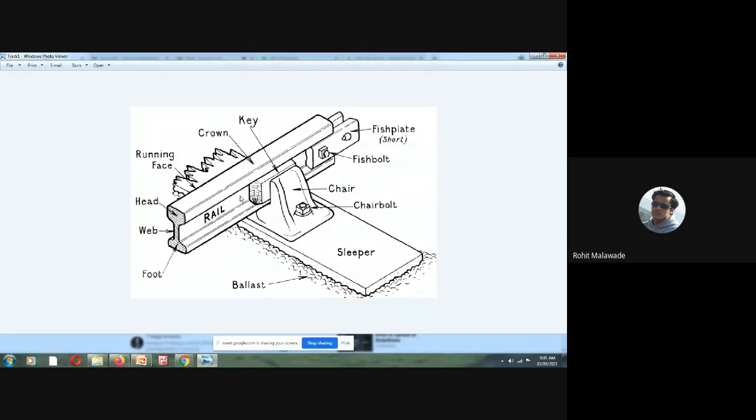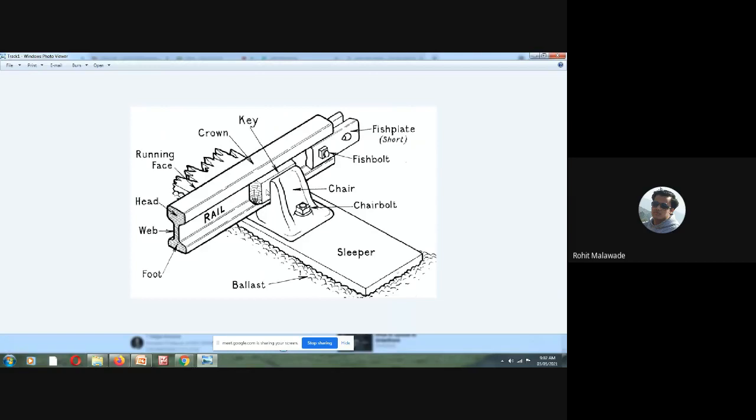They are going to help resist the vibration. Since this is wooden, the amount of vibration that comes is reduced to some extent, but it requires frequent maintenance. Frequent maintenance is required. The keys might be wooden keys or steel keys.